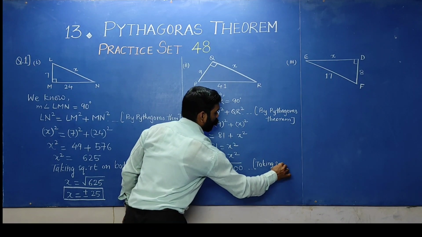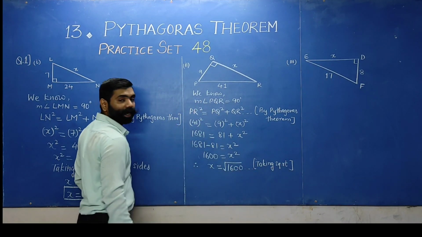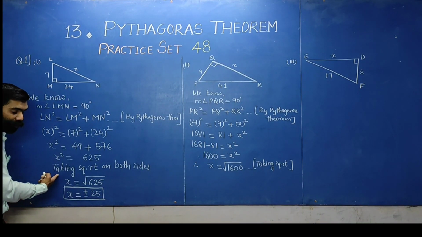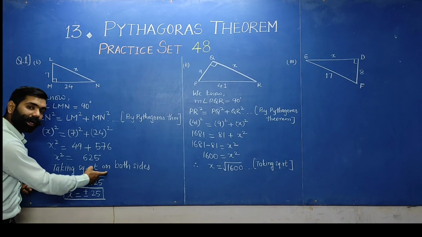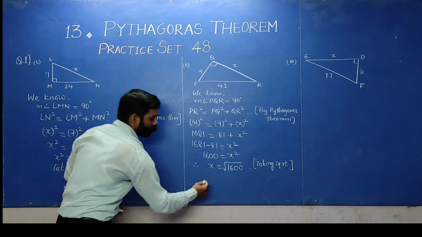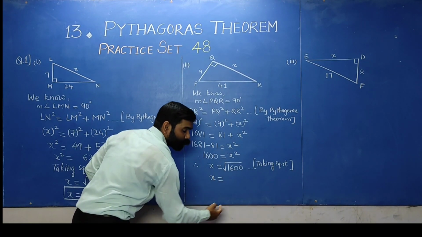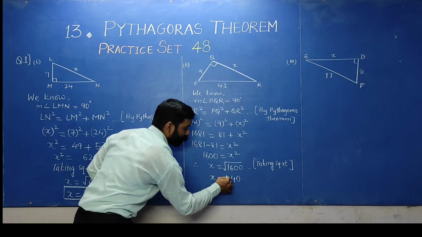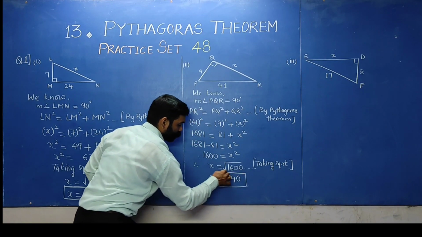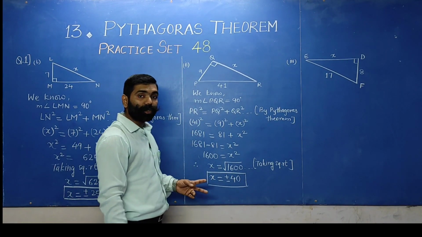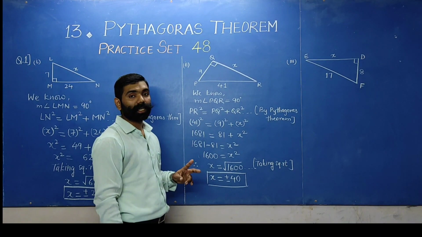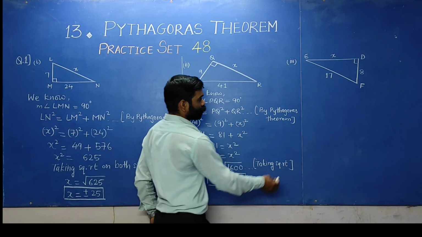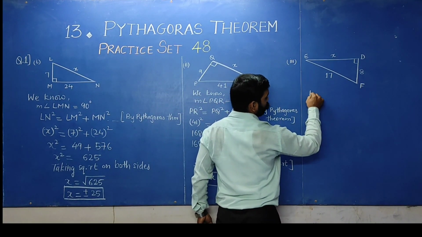Taking square root. Students, we can write like this also, taking square root on both sides. This is the reason. Now before this question I have done like this. You can write this also. That is also correct. Okay. So we will get the value 16. Square root of 16 is 4 and the double zeros give 0. So we will write plus minus 40. Okay. Students, we need to write only the positive value, but while taking square roots, we get two values, plus and minus. Here also we will do the same.